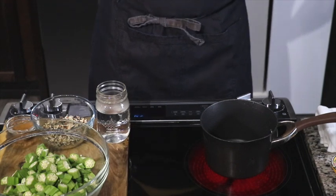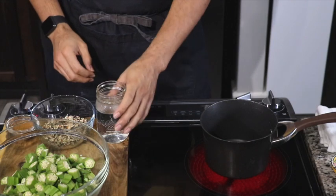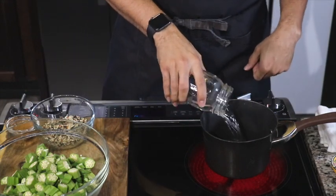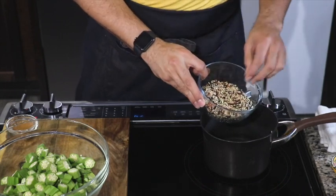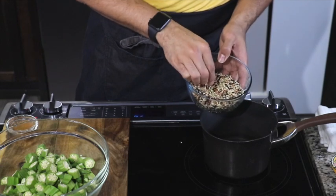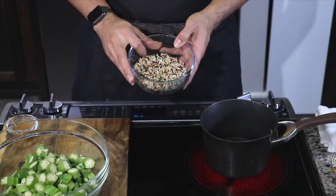Oh yeah, today we are about to make some vegan filet okra gumbo. But first we gotta get our rice going. So what we're gonna do is take our water and add that to our pot. Then we're gonna take this nice Lundberg wild rice. It has brown rice, sweet brown rice, red rice, wild rice, black rice, all the rices in the world in